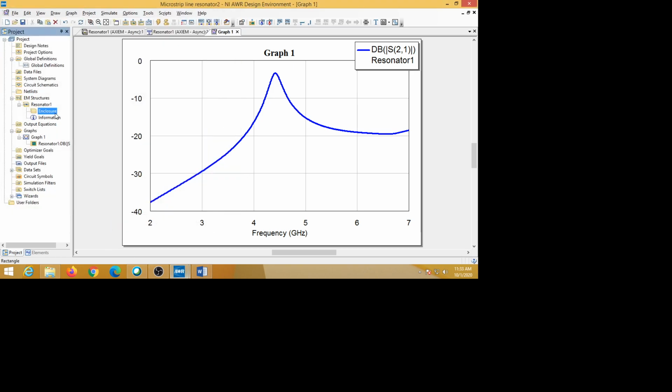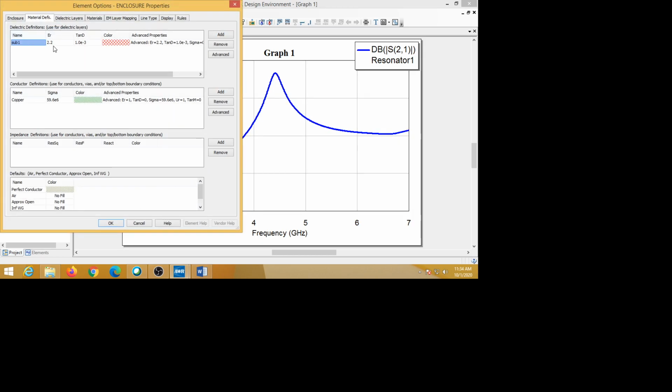So now instead of 2.2, you change it to some 4.3 and change it to 3.3. What happens to the resonant frequency, and what happens to this plot, we have to observe. Similarly, if you change this value, instead of 2.2 you change it to 3 or 2 and see what happens.